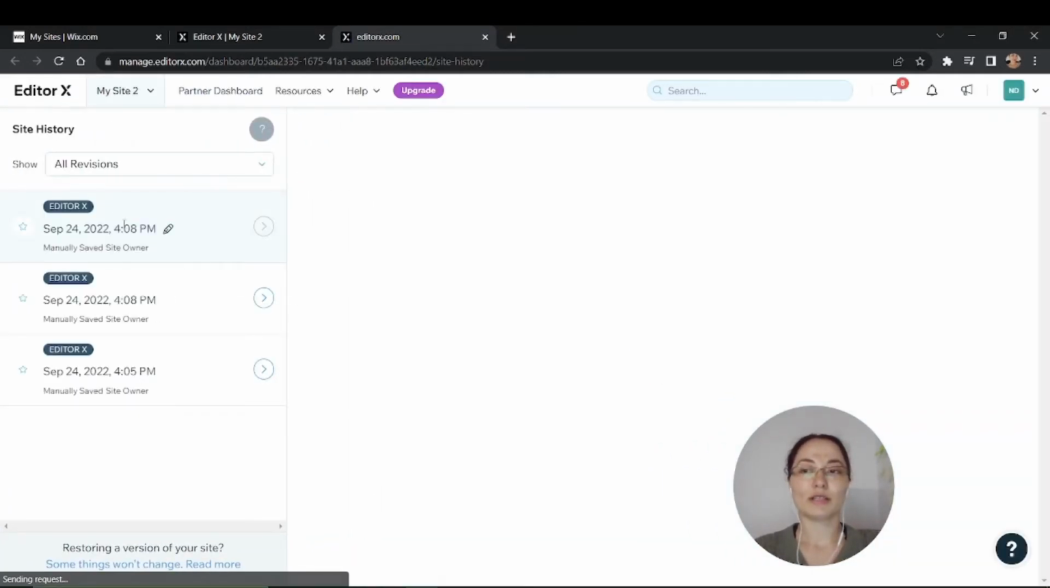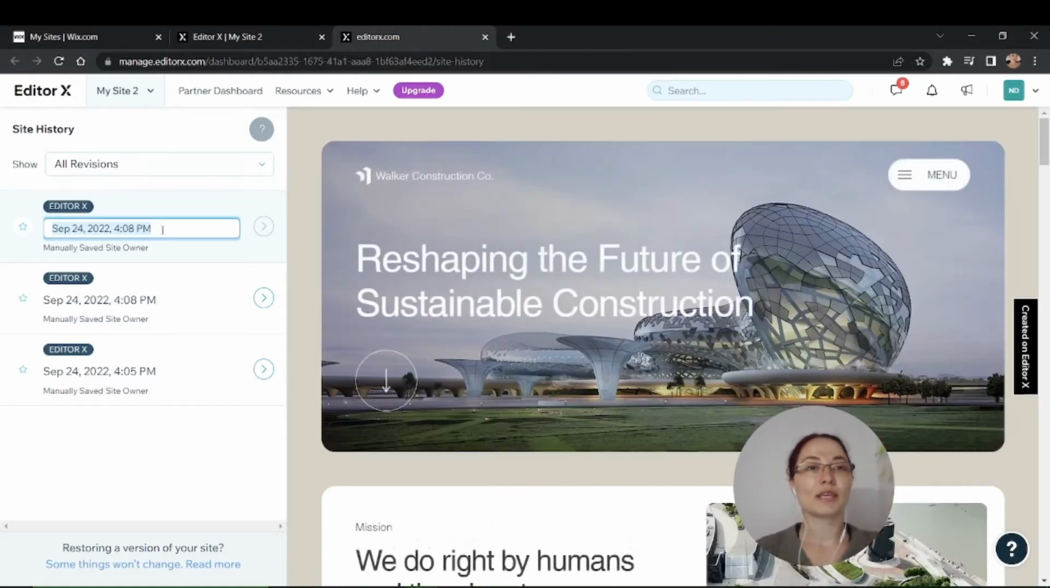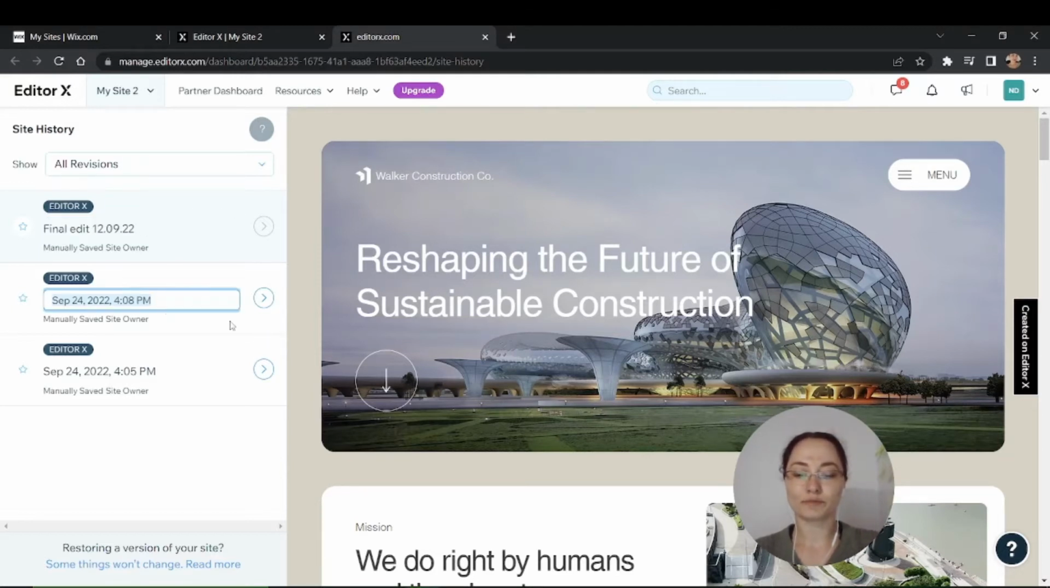For example, for the last version that we created now, we didn't make any changes, but for keeping it consistent and safe, if something happens, we can always go back to that version of the website once we have decided that we like the previous version. For example, we can make this one the final edit for the 12th of September 2022, and this one can be the initial concept, and this one will be the Editor X